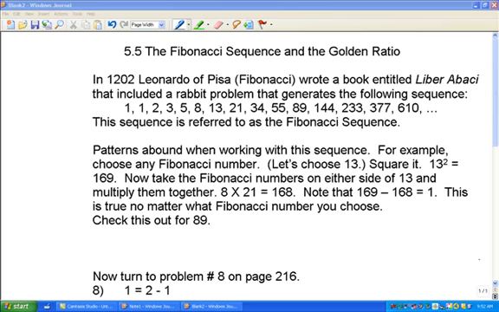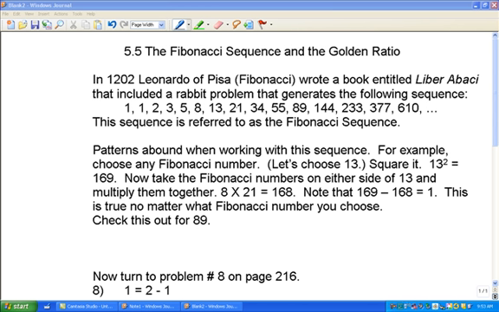Let's take a look at the Fibonacci sequence and the golden ratio in section 5.5. In 1202, Leonardo of Pisa, who is commonly known as Fibonacci, wrote a book entitled Liber Abaci that included a rabbit problem that generates the following sequence: 1, 1, 2, 3, 5, and so forth. And what you can see is that you add the previous two numbers to get the next number in the sequence. 2 plus 3 is 5, 3 plus 5 is 8, 5 plus 8 is 13, 8 plus 13 is